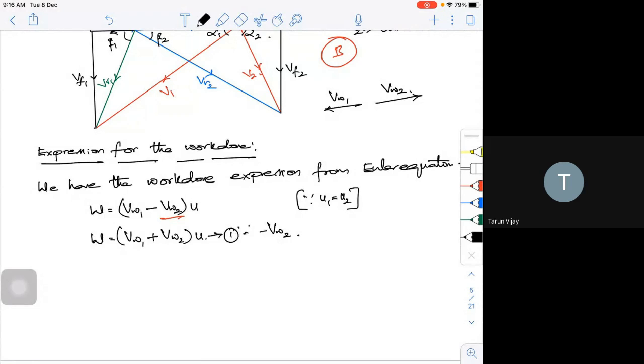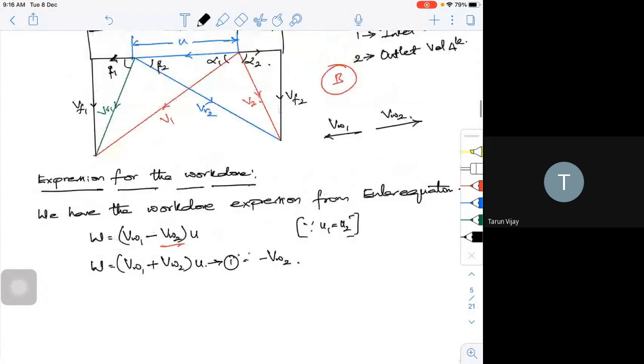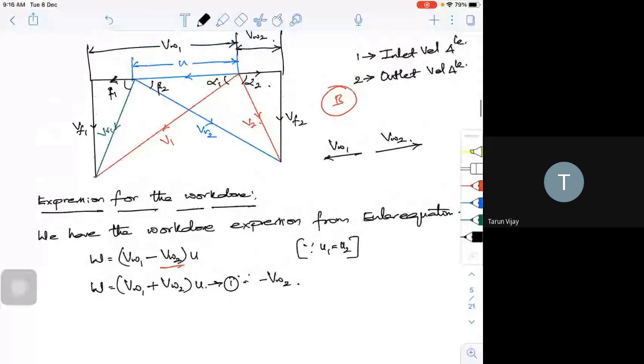Now let us try to look at the inlet velocity triangle. If you look at the inlet velocity triangle and use our trigonometric principles, what is your cos beta 1? Cos beta 1 is equal to, if I call this as x, your adjacent side divided by your hypotenuse, that is VR1. So x by VR1. What is x actually? It is VW1 minus U. What is your VW1? VW1 is your V1 cos alpha, because it is your adjacent or tangential component of